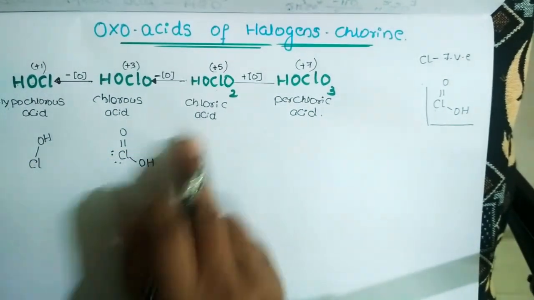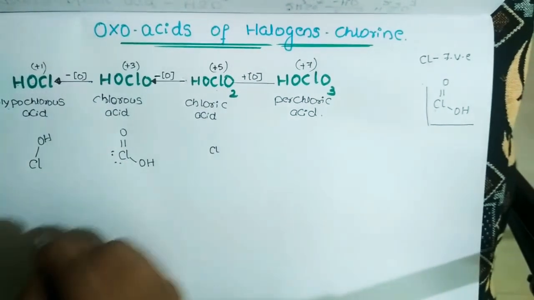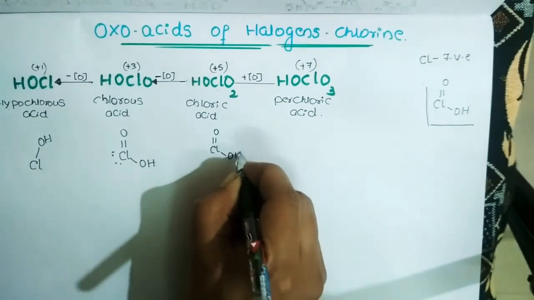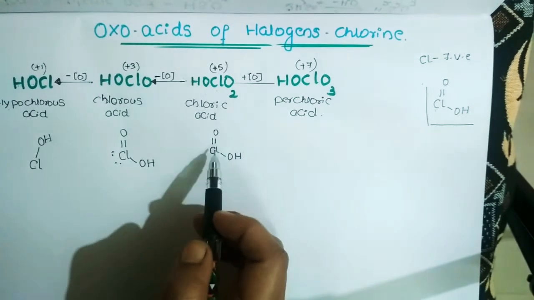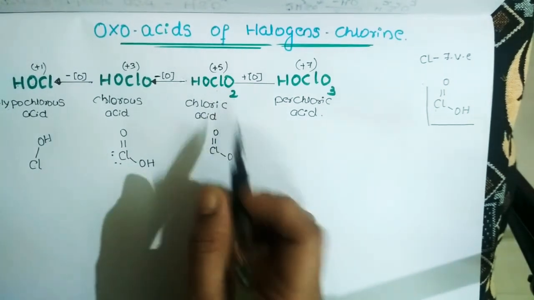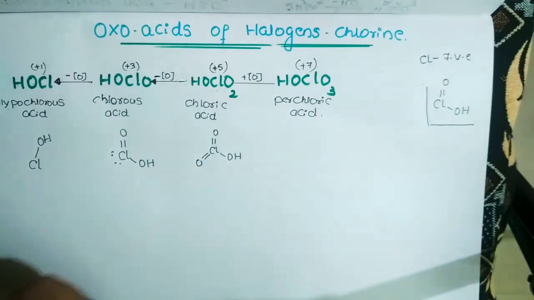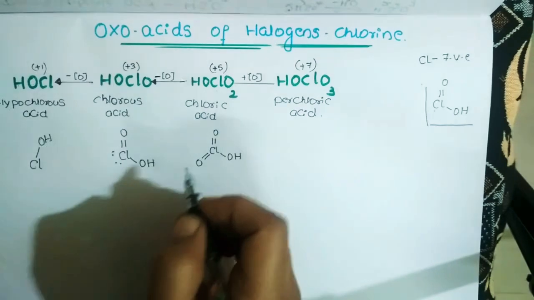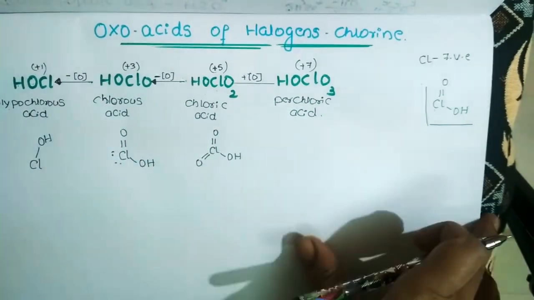Next, when it comes to chloric acid, go with the same method. Write the central element first, put a double bond O and OH. Now satisfy the remaining. So OH I have written, Cl=O I have written. So what is remaining, dear students? One more double bond O. So 2, 4, 6 we have. So still there is a presence of a lone pair of electrons. This is called chloric acid.